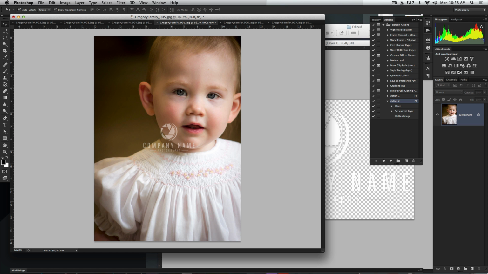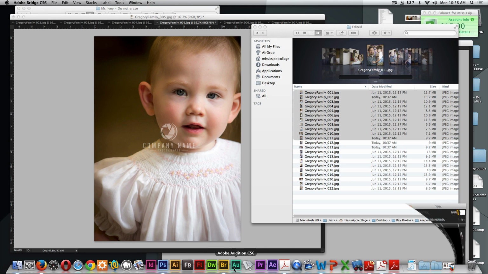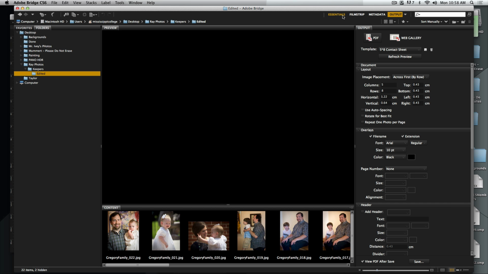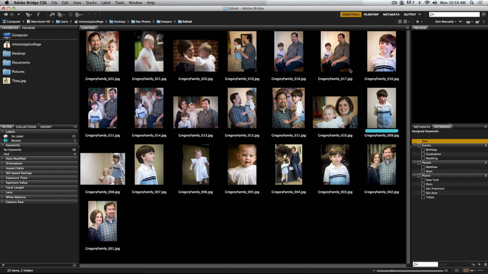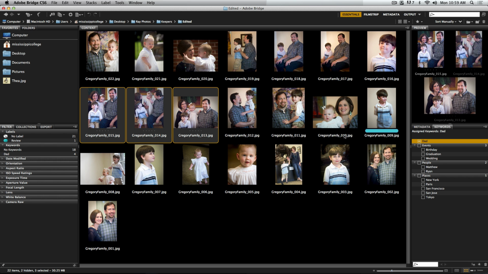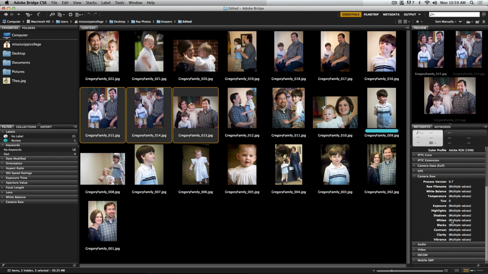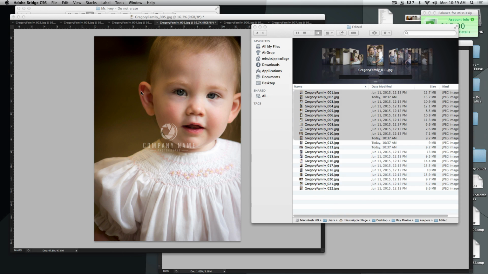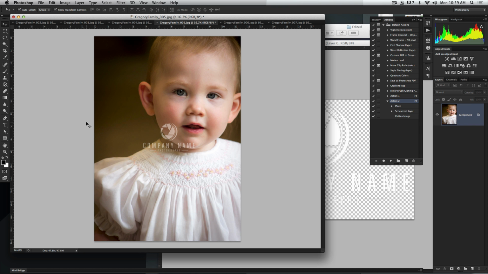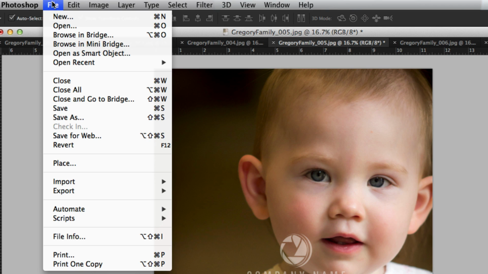Here's the other thing. You can add metadata in Bridge. I'll pull this back up again. We'll go back to the essentials. By selecting the image that you want, you can go to, it's not keywords, it's actually metadata. Hang on a second. I'm not used to working in Bridge, so I'm going to show you how to do it in Photoshop. Forget that I said Bridge. You can do it in Bridge. If I was in Photoshop and I wanted to add something, this is where you can go to File, your file information,